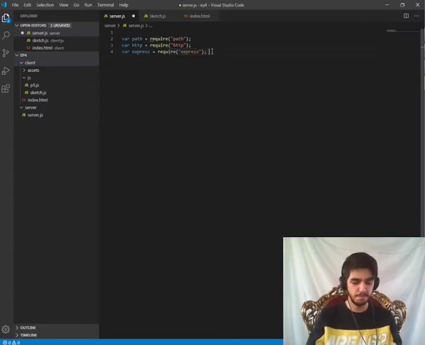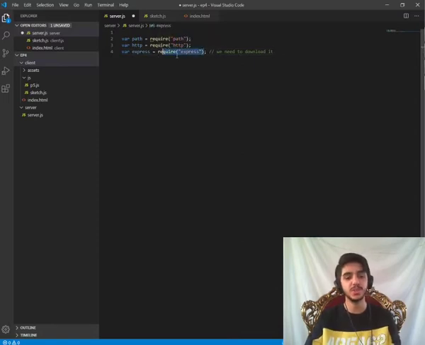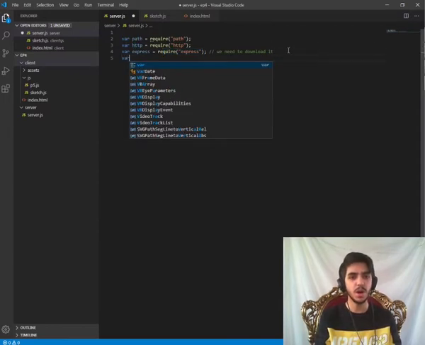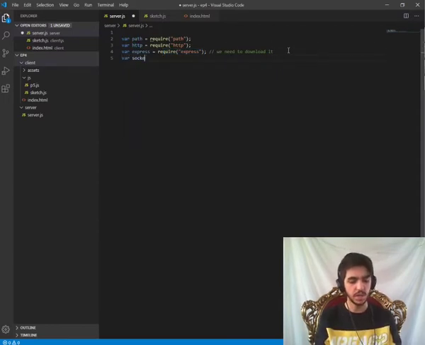And for this library, we need to download it. This library is not included in Node.js. We need to download it. I'm gonna download it in a moment, but one more library we go for is var, of course, socket IO